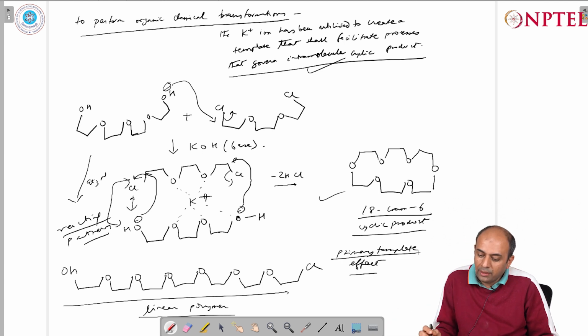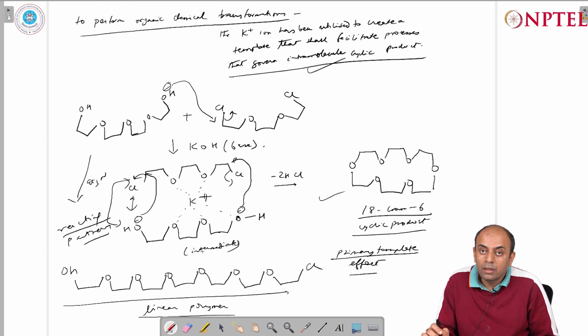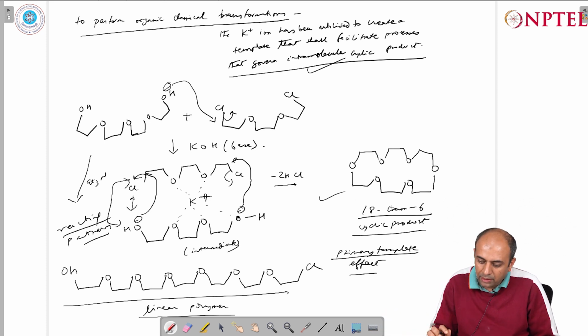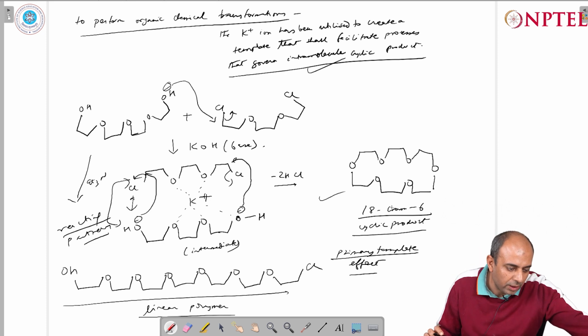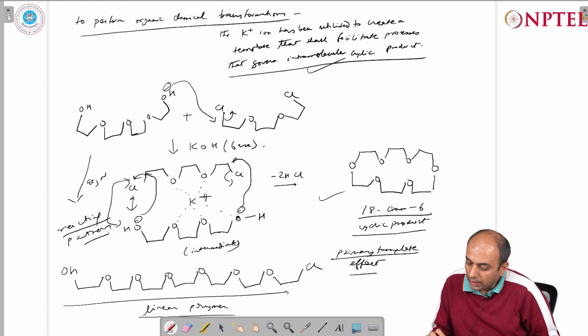This is referred to as the primary template effect, as if the close proximity of the reactants creates an intermediate which facilitates the formation of the cyclic product, and this is referred to as the primary template effect. And it has also been observed that this effect can also be templated